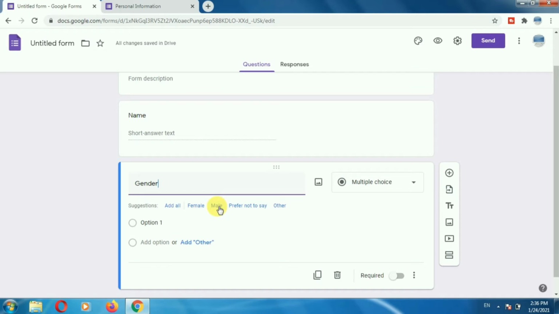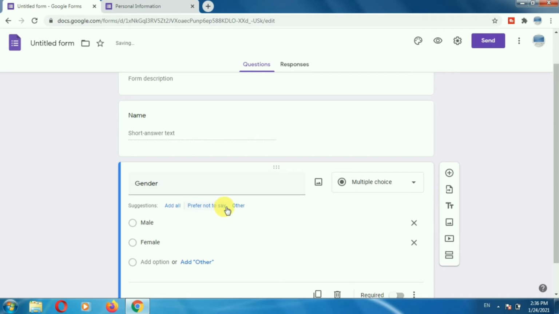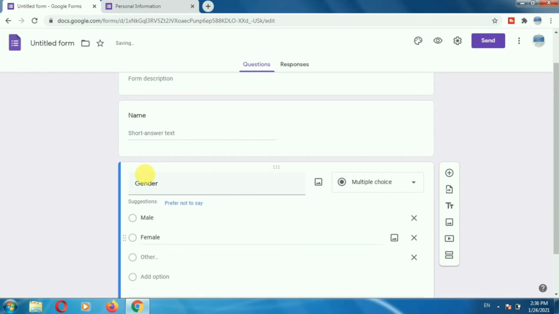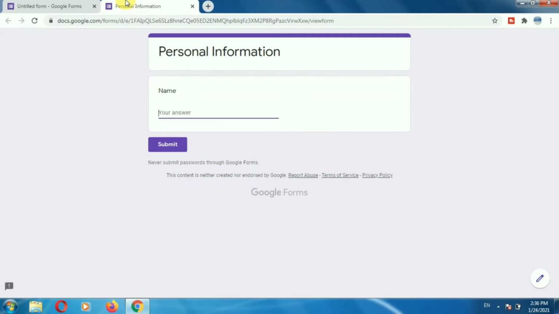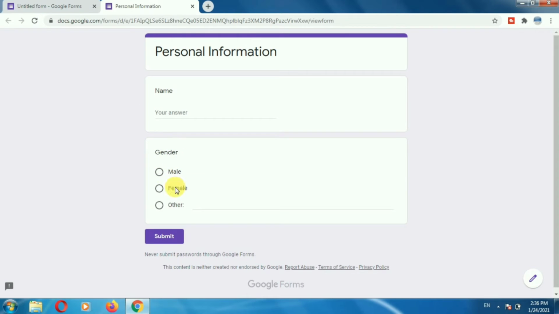I want to add male, female, and other. So in gender, there are three options available: male, female, and other. If you go to the preview of the form, here you can see the gender. There will be three options available: male, female, and other. So the user can select the gender as per his choice.